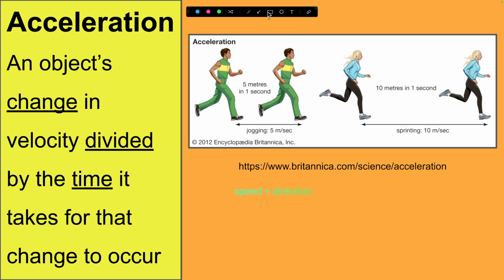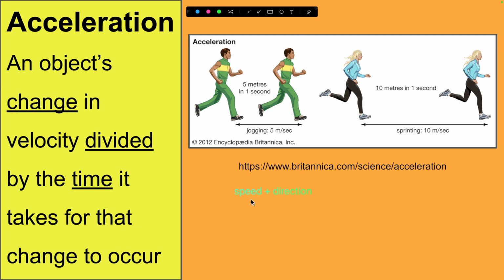Now, if you want to change something's velocity, you can do it 3 ways. You could change the speed. You could have something just go faster. It's just speeding up. So maybe it's going from, like up here, it's going from one point to another and going faster and faster. A good illustration of this is if you think of a car at a stoplight. When the light turns green, the car is going to start picking up speed, and the speed is going to increase. That's a velocity change.